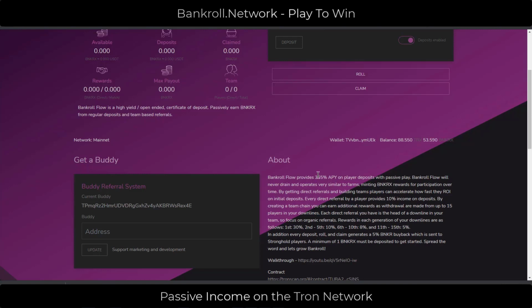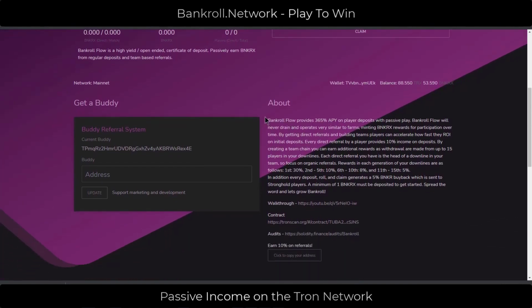Scrolling down, it talks about Bankroll, that it pays 365% APY, which is 1% a day. Then it talks about the referral system and how you get 10% deposit on your directs.